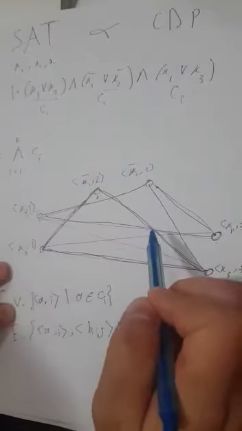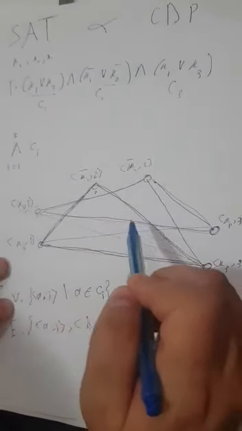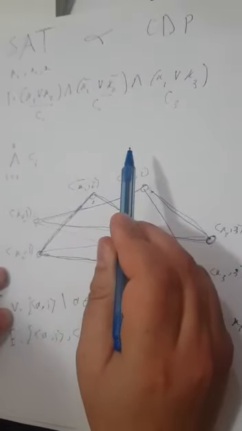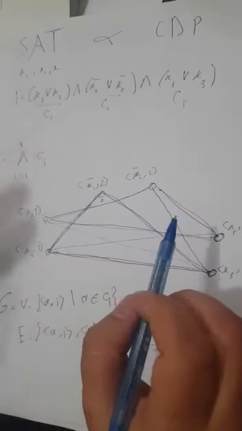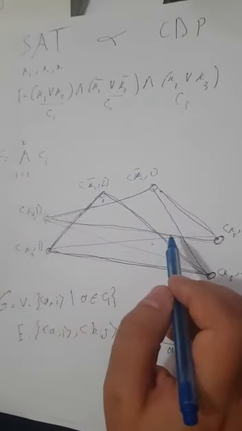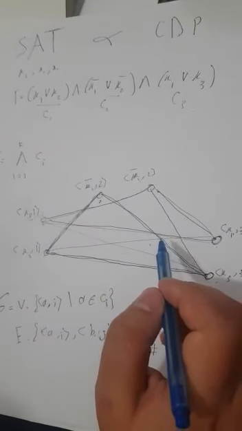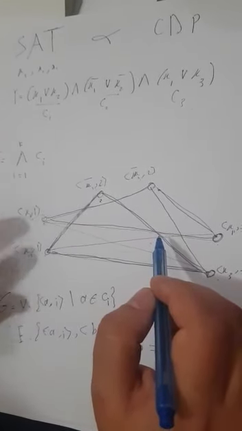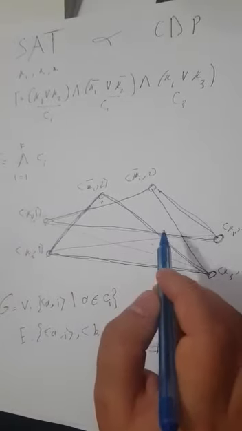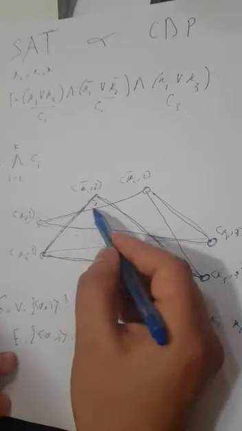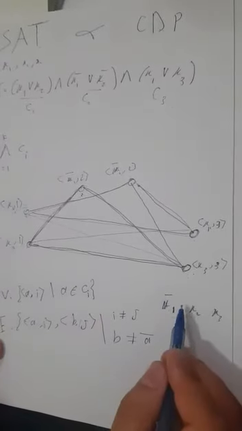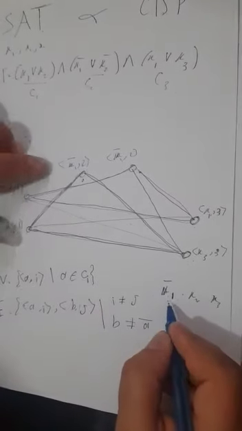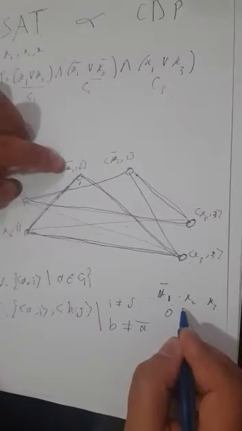If we could prove all of them satisfy that formula, we can say that SAT is reduced to CDP, and then we can say that we found a solution for CDP and prove it as NP and NP hard. So by taking, as I said, x1 dash, x2, x3, now x1 is 0